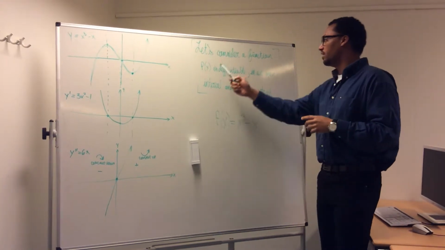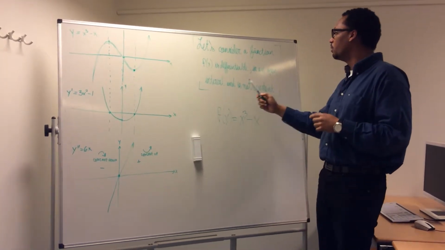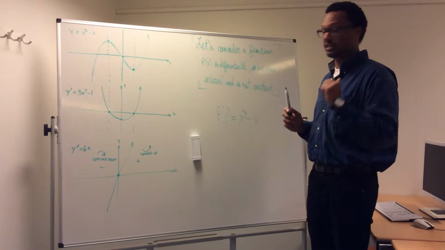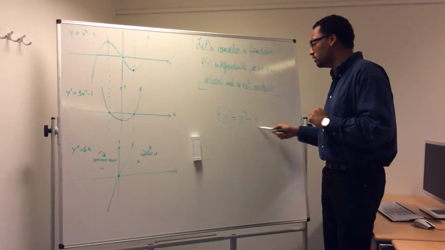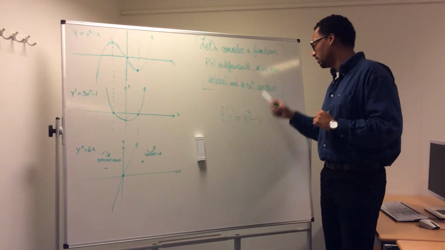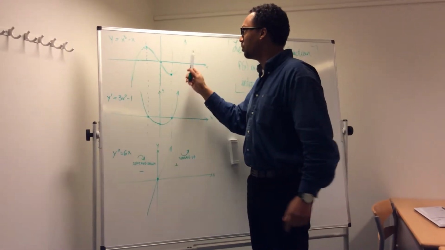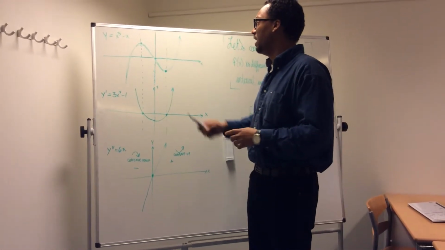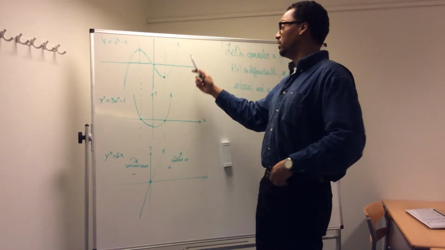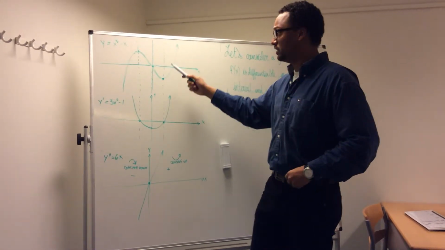Let's consider a function f of x that is differentiable in an open interval and is not constant. In this example, we're going to be using f of x equals x cubed minus x. First of all, we start by plotting the graph of the function. Then, to find out if the function is increasing or decreasing, we want to find the first derivative of it,